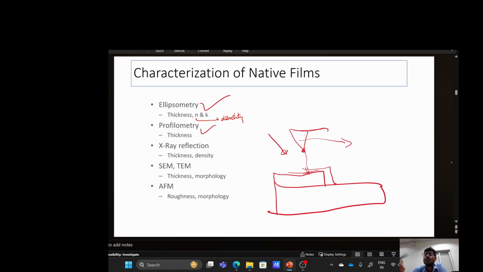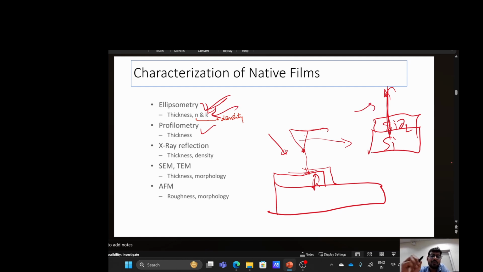By this method you can check the step height and you can check this oxide thickness. And this is an optical method. Ellipsometry is an optical method. So this is Si, this is SiO2. The light will go and reflect back, and with the polarization effect, ellipsometry will give you the thickness, and also it will give you the